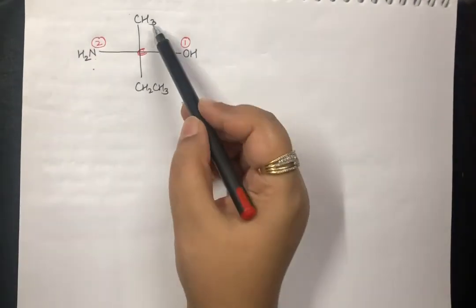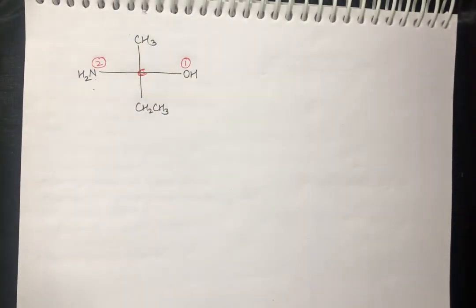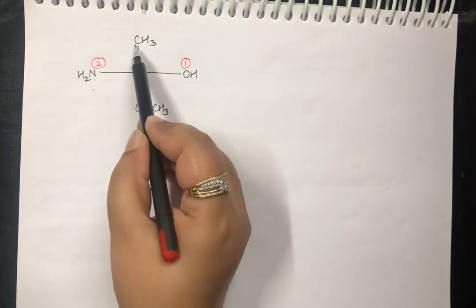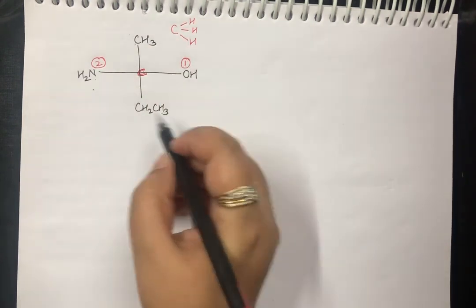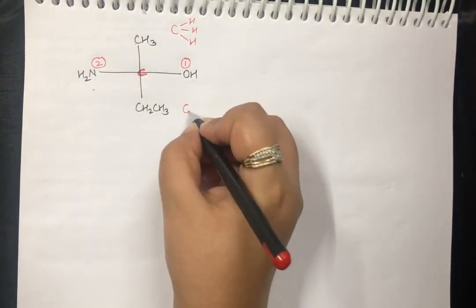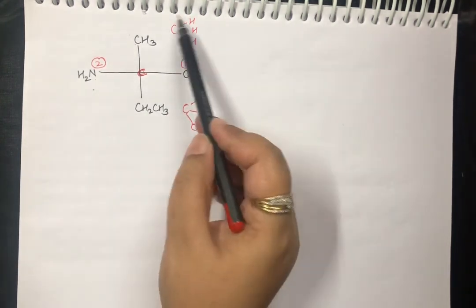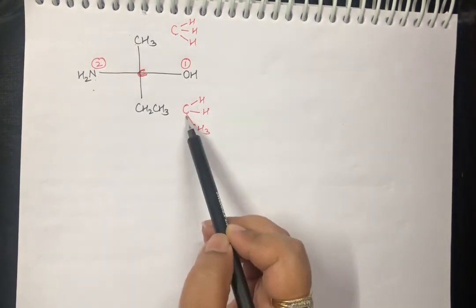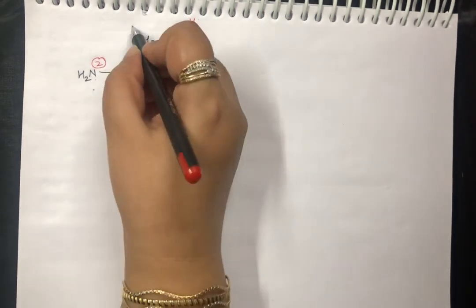So now if I talk about these two groups present, both of them are attached to a carbon. See, you always have to consider the atomic number of the atom which is directly attached to the chiral carbon. So now this is attached to a carbon, and since both of them are attached to a carbon, I will jump on to the next atom that it is attached to. So it is attached to 2 carbons and 1 CH3. So if this is a scenario given to you, then you can see that this carbon is attached to 3 hydrogens, and this carbon is attached to 2 hydrogens and 1 CH3. So definitely this gets priority over this.